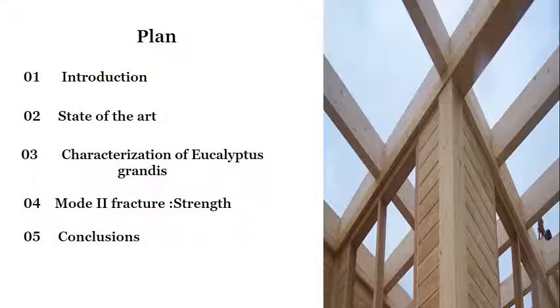To do this we have adopted the following plan. We will start with an introduction. And to situate ourselves we will explicit the different previous works through a state-of-the-art. To understand the behavior of the material we performed a mechanical and physical characterization of the Eucalyptus grandis. Then detail the method we adopted to determine the strength at Mode 2 fracture using an adopted specimen, and finally,